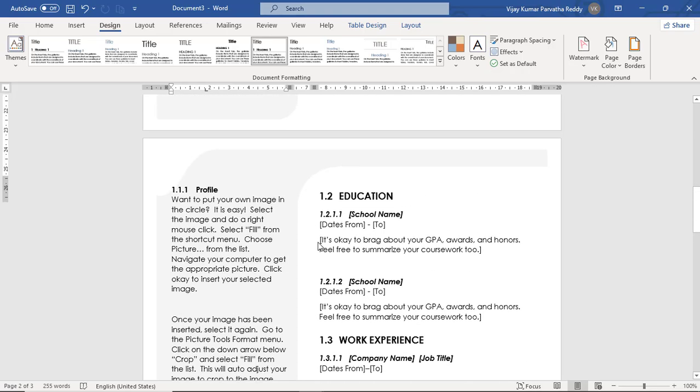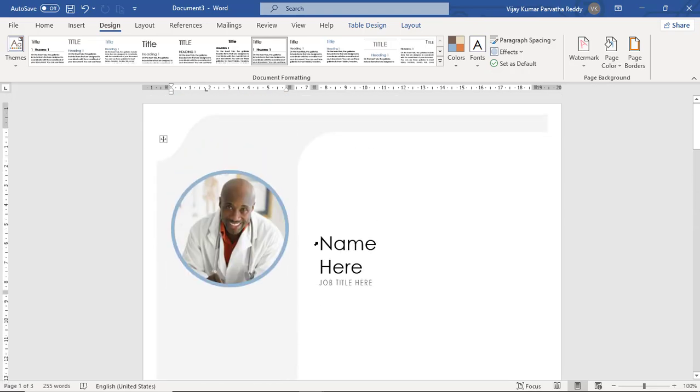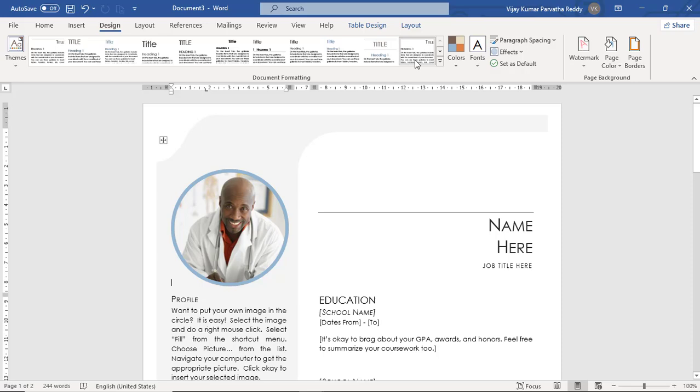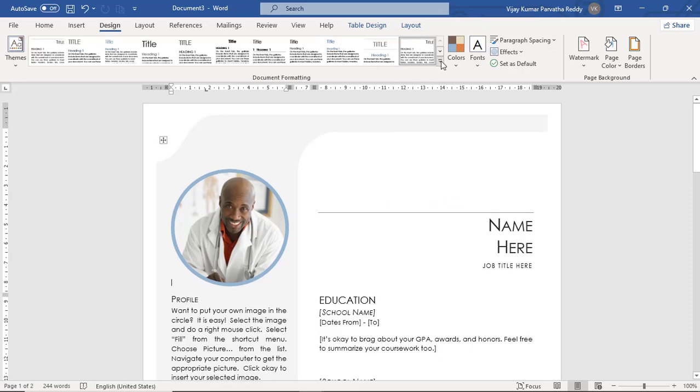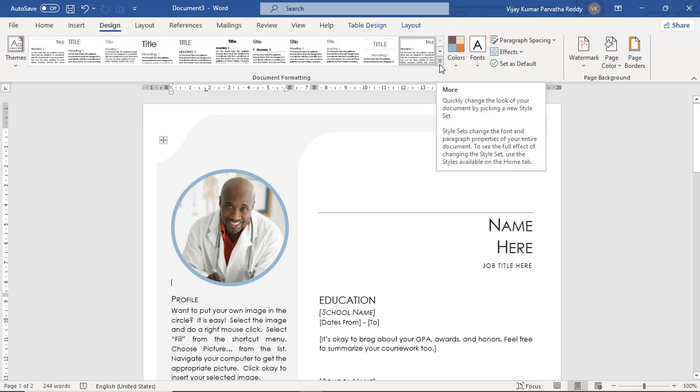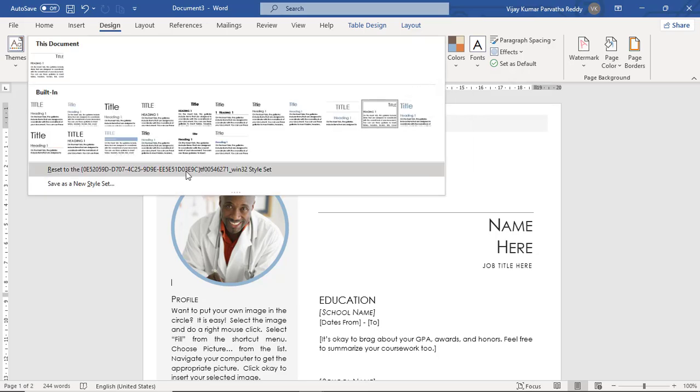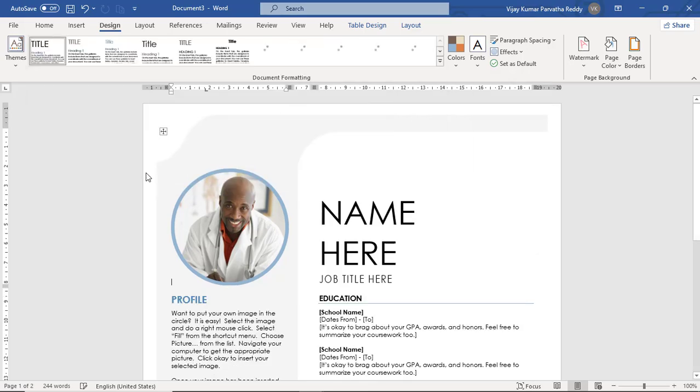See, the entire content changed as per the style, and if you don't want all these styles, finally you click on this down arrow button and you can also reset here. So the original document will come back as it is.